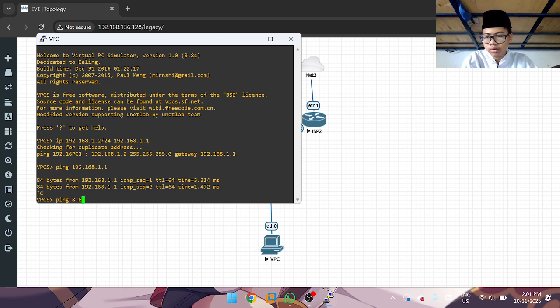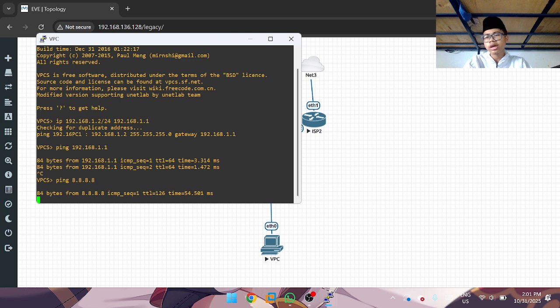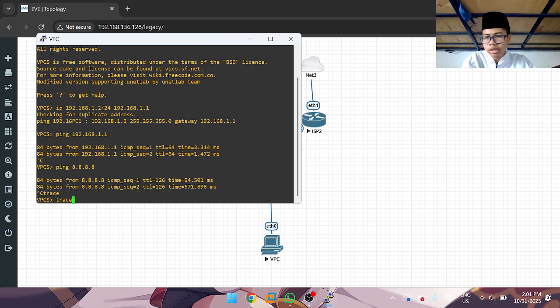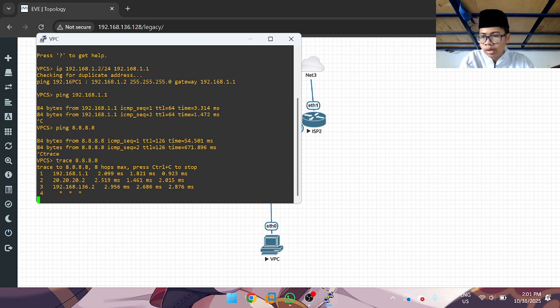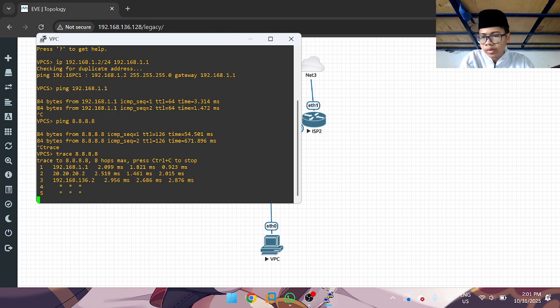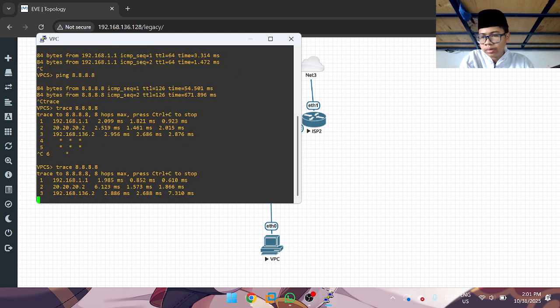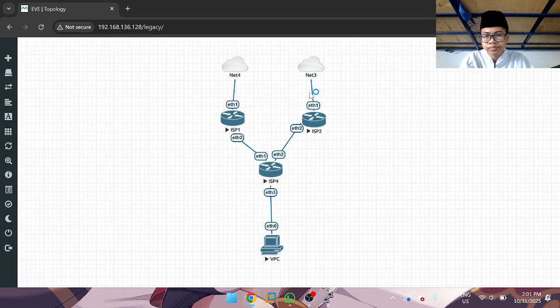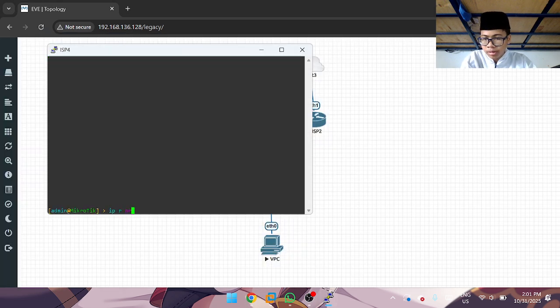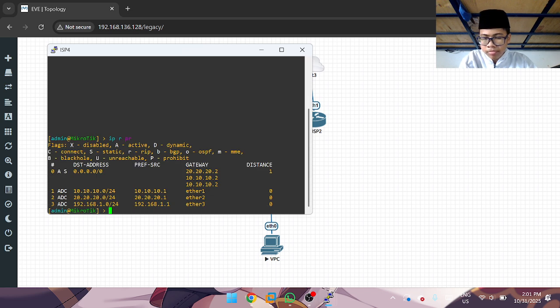So let's ping to 8.8.8.8. It can get, and let's test with trace. It used 20.20.20.2 and it will connect to 10.10.10.2. Because the gateway first is 22, so it has priority 20.20.20.2.